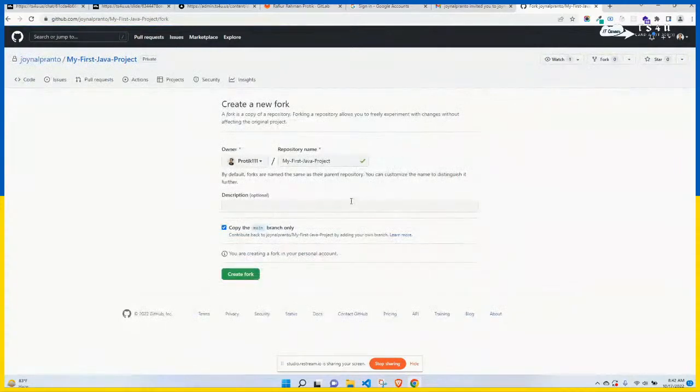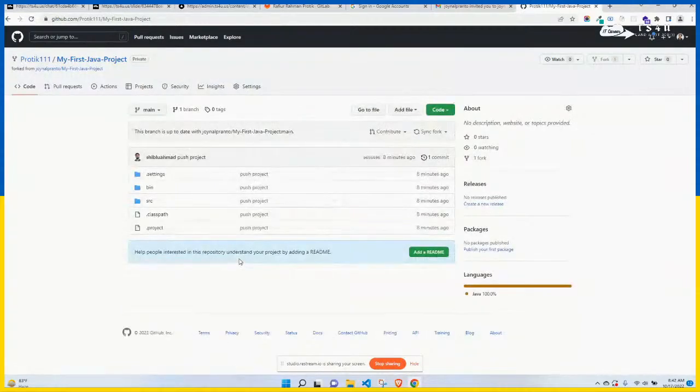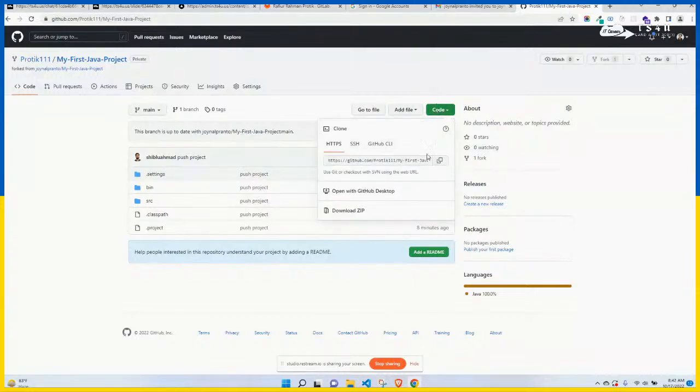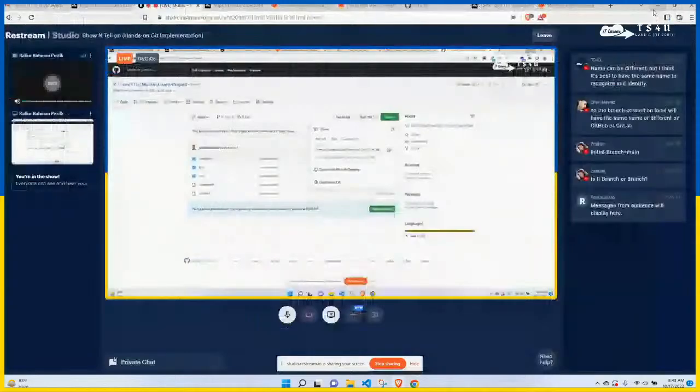So I can simply fork it with the same name. Create fork. I have forked the project, and then I have to clone the project. We will be cloning the project by HTTPS protocol. So let's copy the URL